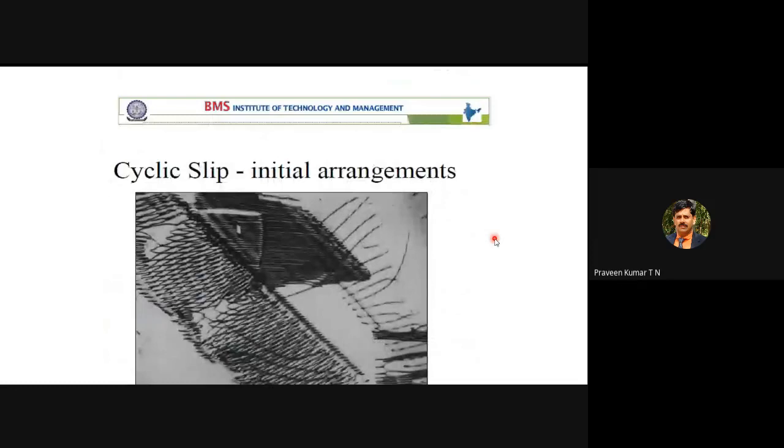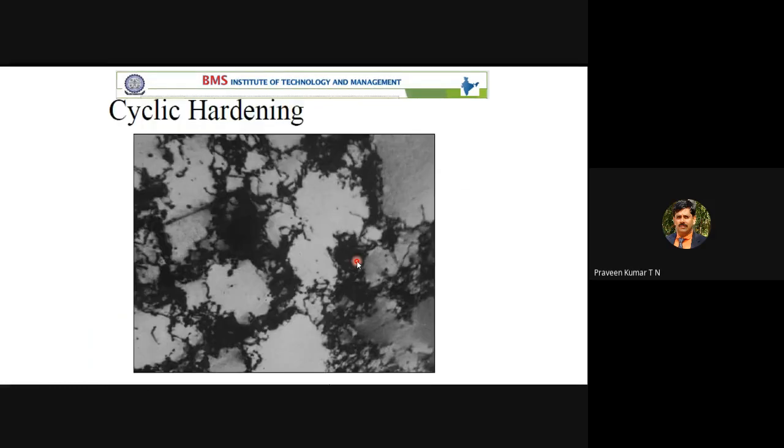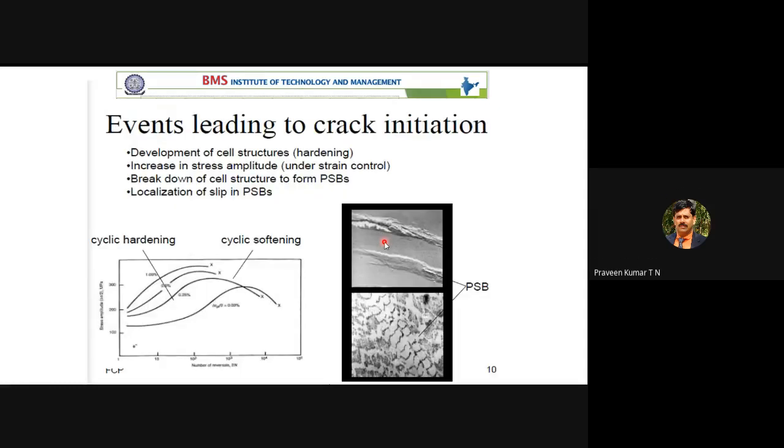Cyclic hardening, you don't understand now. Cyclic slip. This is the actual photograph. This size may be around 1 mm or 2 mm, to 1 micron or 2 micron. These are the different grains. This is one grain, this is one more grain. In complete material science, or when you come to the material testing laboratory, failure, everything you discuss is in terms of microstructure. This is again microstructure. This is one phase. At a later stage you will discuss the phase. This is a light phase. This is a darker phase. You can see here, this is one phase.